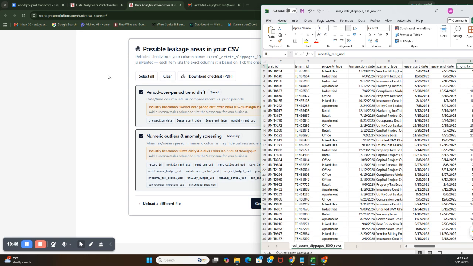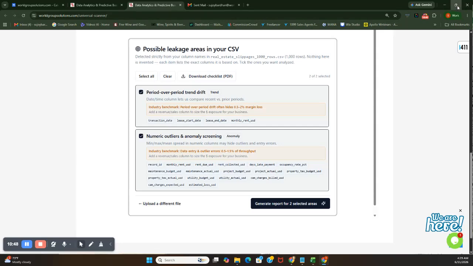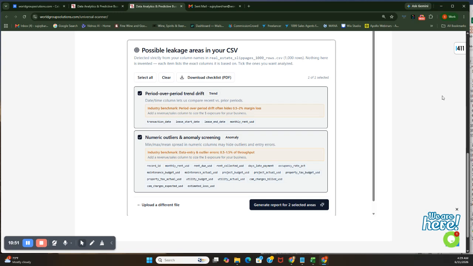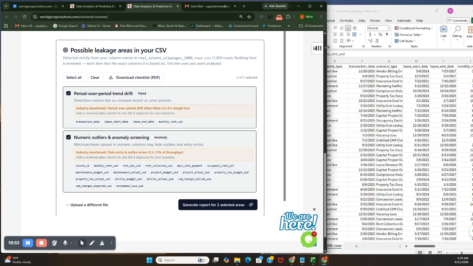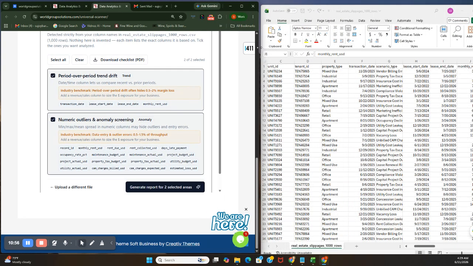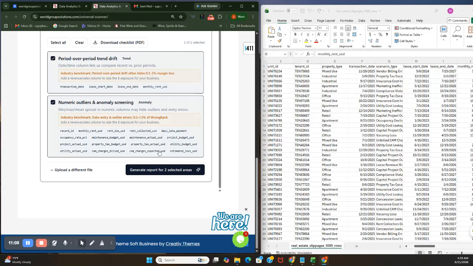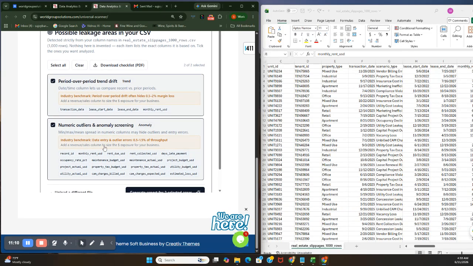Now, if you take a look at the second one, let me see if I can make it a little smaller here. I'm not sure. Let me try this. Yeah. So now, if you look into the next one, it's looking into numeric outlier and anomaly screening. So it is looking into something which we have to figure out what it is. But going forward, it is looking into a lot of columns, and it's also figuring out the industry benchmark. It should be in that range, 0.5 to 1.5